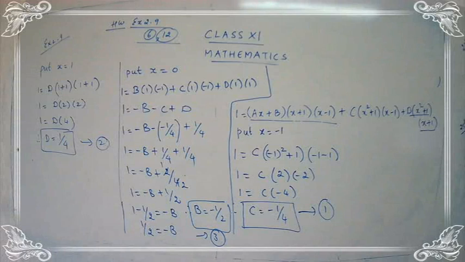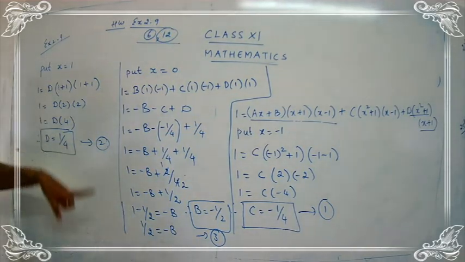Are you getting the step, children? So 1 is equal to minus b plus half. So you can just bring the half to the LHS side, so it turns to be minus half. 1 minus half is half. And you have your minus b. I don't want minus b, I want the value for b. So b is equal to minus half. Okay, so we have found 3 values. Yes, we have found c, we have found d, and we have found b.